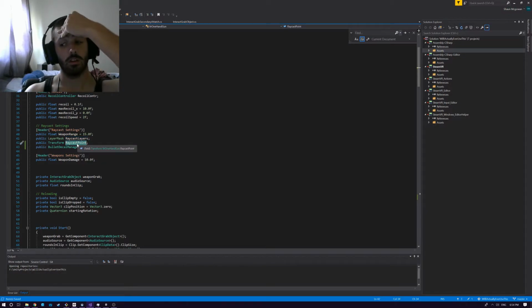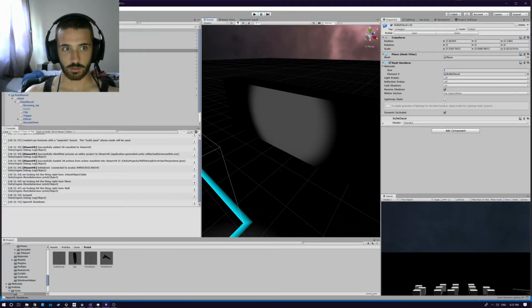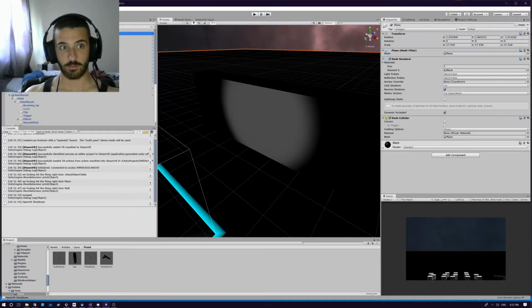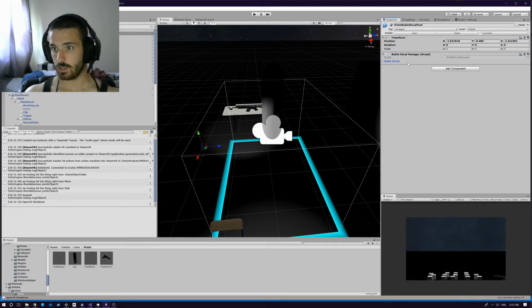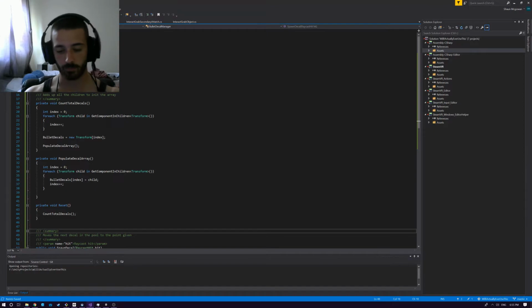So you could just do the transform of the gun, but sometimes I have weird objects, so I like to have a custom point that I set up for the raycast to come out of. And then I added the bullet decal system. If you haven't done decals, there's various ways to do it. You can initialize a new prefab from scratch, but I don't like initializing stuff at runtime. So what I did is I made a decal manager, which is really simple. It's got all the PNGs as a child.